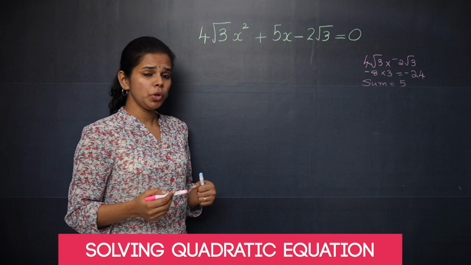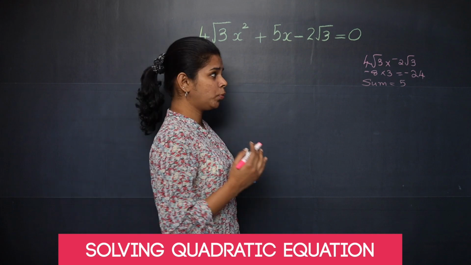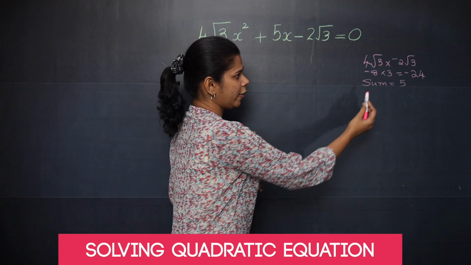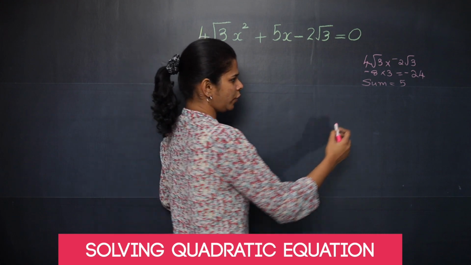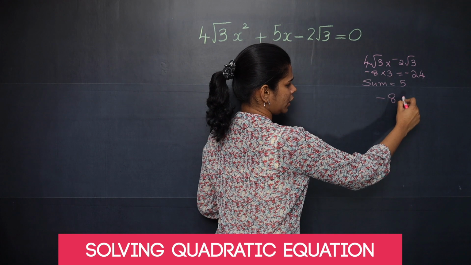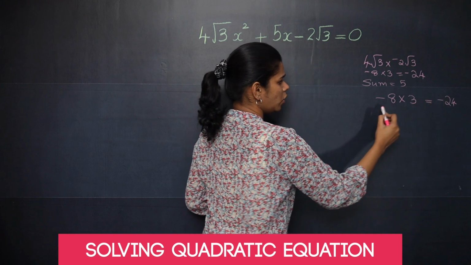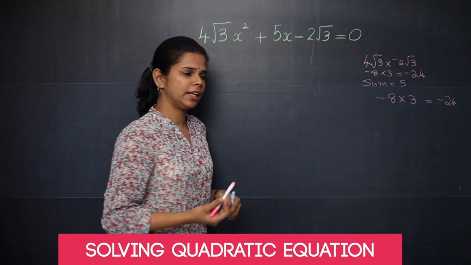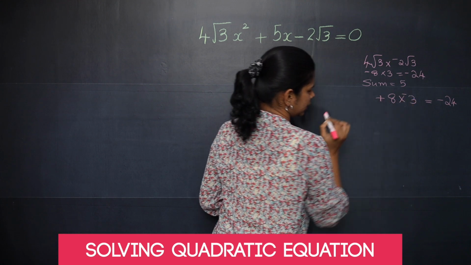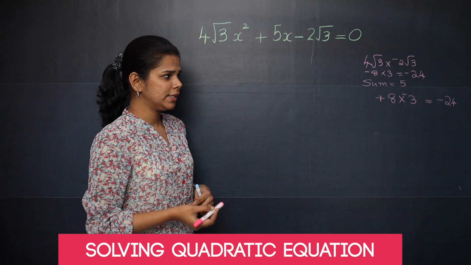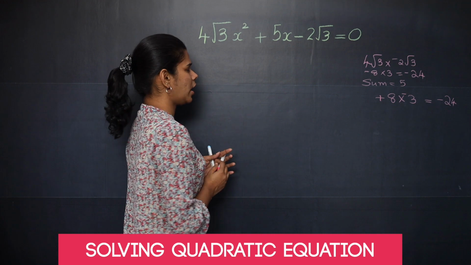Now negative 24 you can get as 6 into 4, 8 into 3. So you can just think which two numbers you should take for getting the product negative 24 and the sum 5. When you take negative 8 into 3, you will get negative 24. But what is negative 8 plus 3? It is negative 5. So it is not possible. Let us take positive 8 and negative 3. In that case, it is negative 24 and when you add it, you will get positive 5. So the numbers are 8